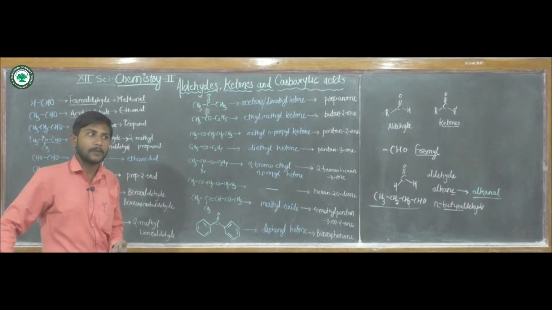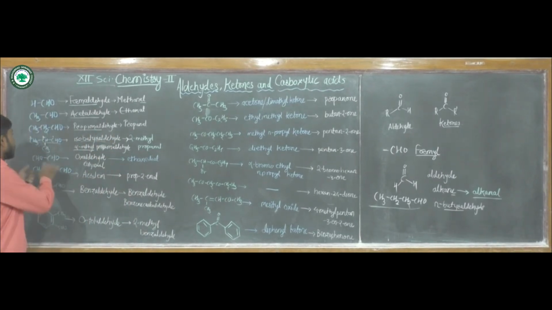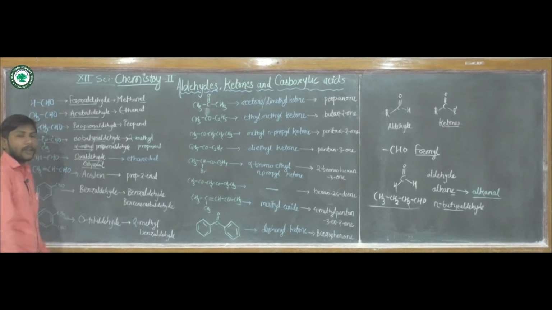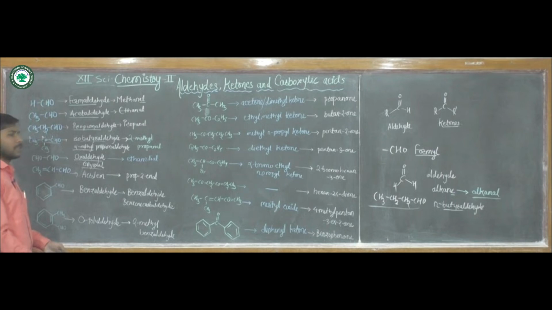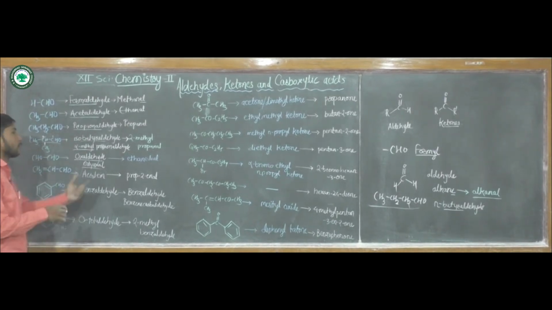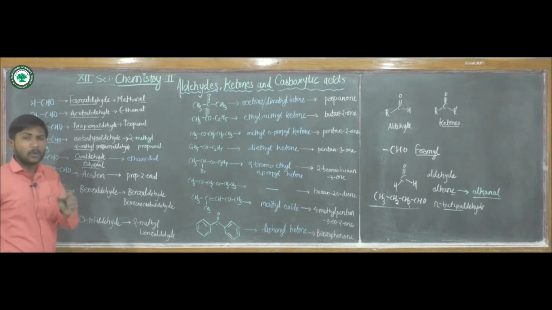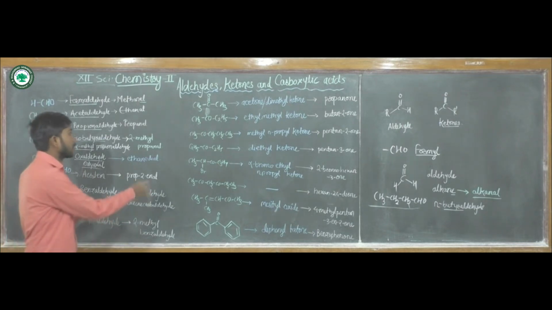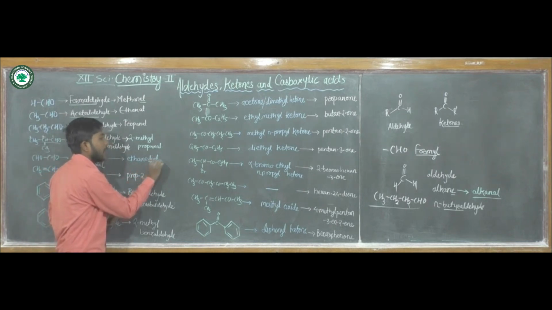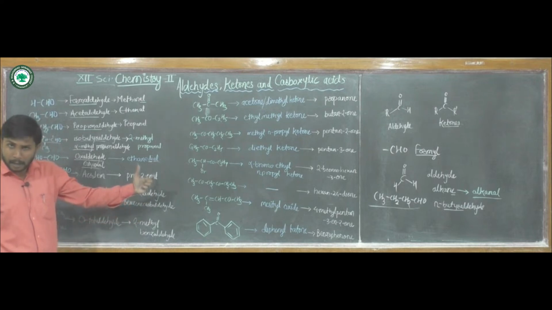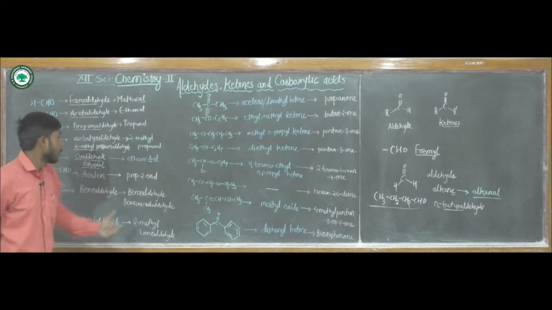You have seen in the previous chapters also that CHO-CHO, its common name is oxaldehyde or glyoxal, while in IUPAC naming, what are we using? There are 2 carbon atoms, so the parent will be ethane, presence of 2 aldehydic groups or 2 carbonyl carbon atoms means di, same, and al, that is aldehyde. That name will be ethanedial.